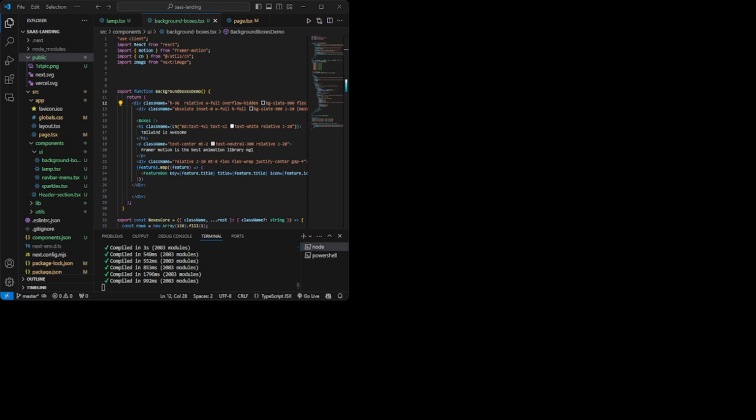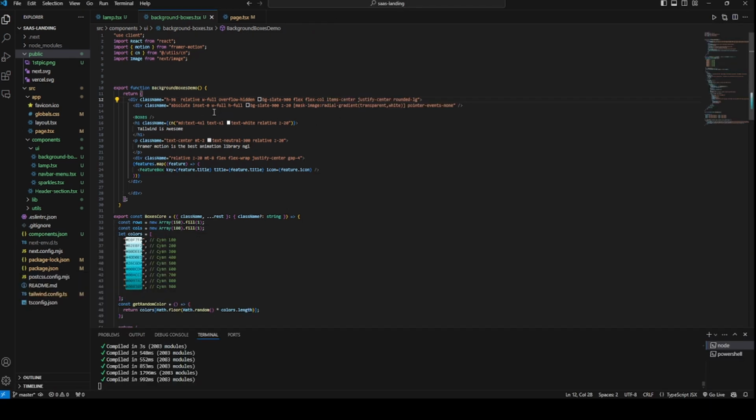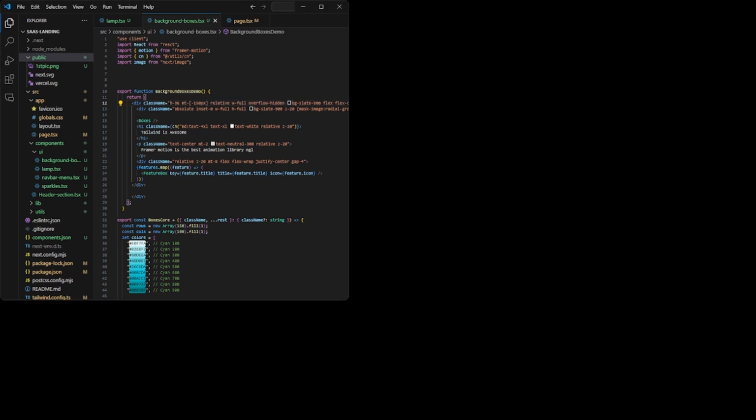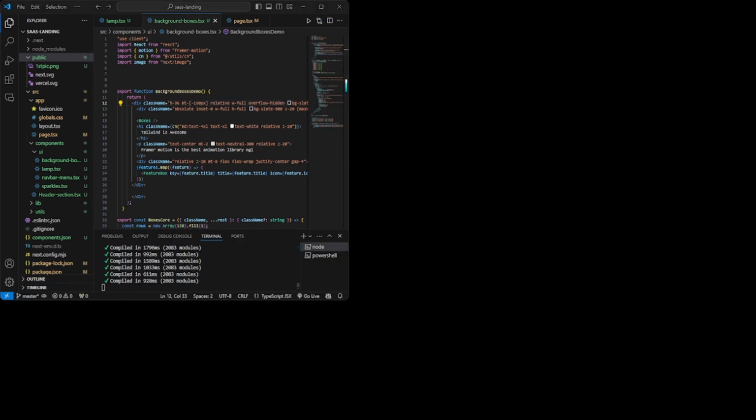Let me bring you back to my VS Code. So I'm going to use mt, then again 150 pixel. Now I'm going to use a negative sign here so that my section is completely closed.